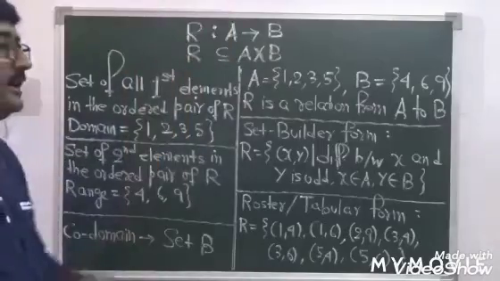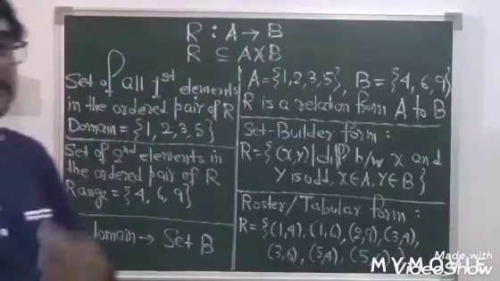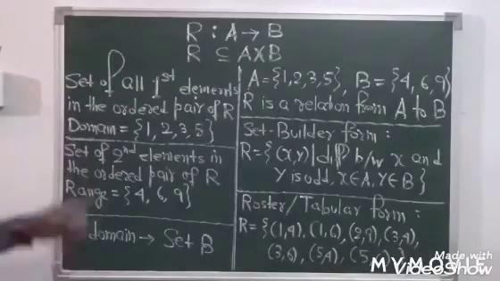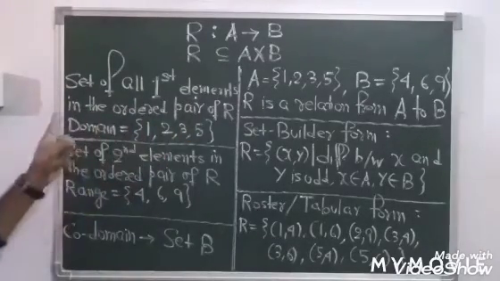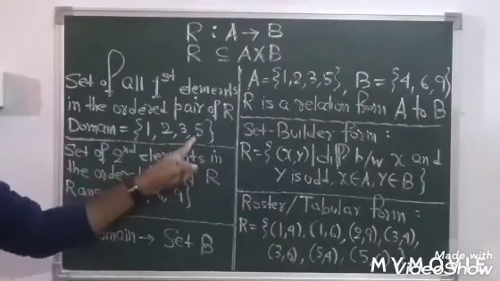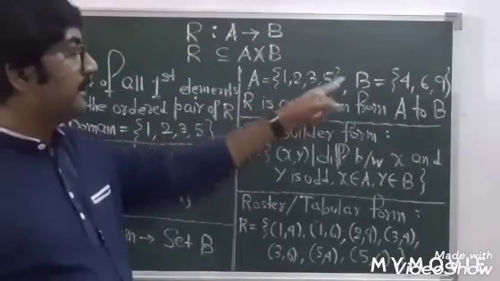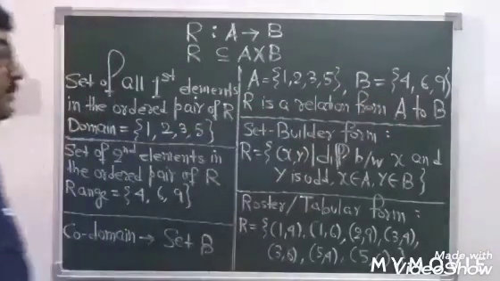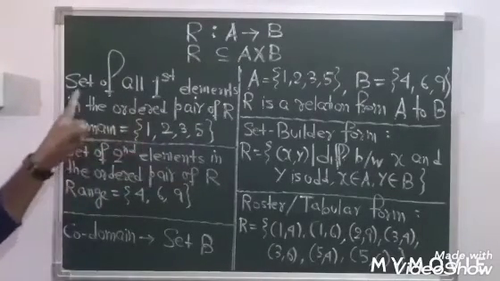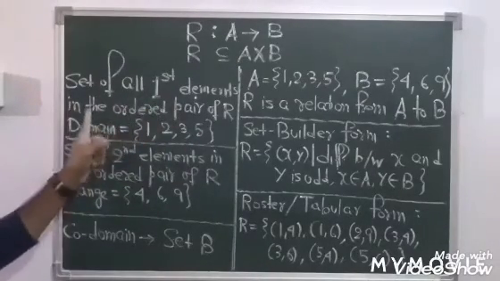That means R has got the elements in the form of ordered pairs on the basis of certain condition. The set of all the first elements in the ordered pairs of R, that is the domain, is 1, 2, 3, 5. We have taken the sets as A = {1, 2, 3, 5} and B = {4, 6, 9}. So the domain is the values 1, 2, 3, 5, which are the first elements in the ordered pairs of